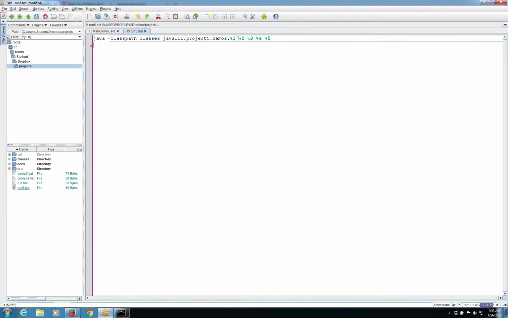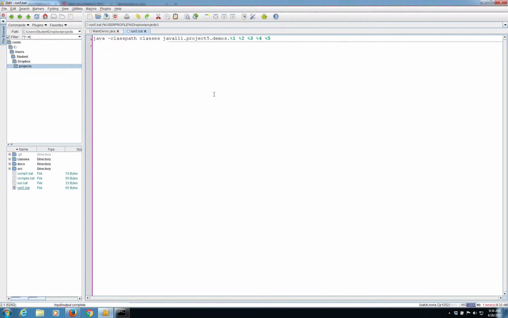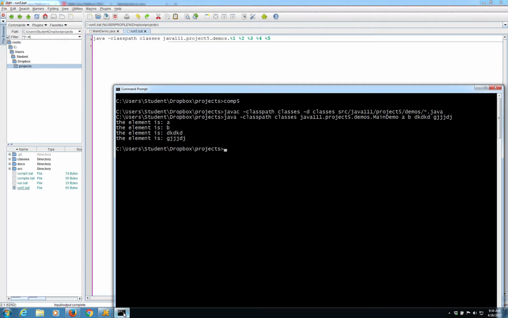However, with the script that we're using, anything that's entered at the command line, I'm going to need to have a placeholder for in order for it to get passed along to my Java program. So I'm going to go ahead and save this. Now I can use my run, and I can type a variety of things.